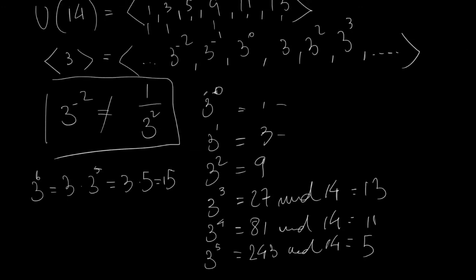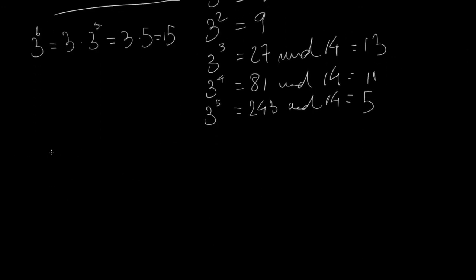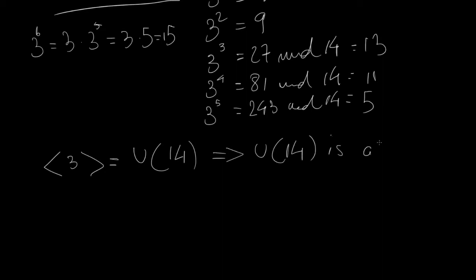So we just saw that we generated all the elements of U14, so we can say that this is equal to U14. Remember, if this condition holds, then U14 is a cyclic group, because it has at least one element (it can have more than one) that, raised to all integer powers, regenerates the whole group. Now we're going to see an